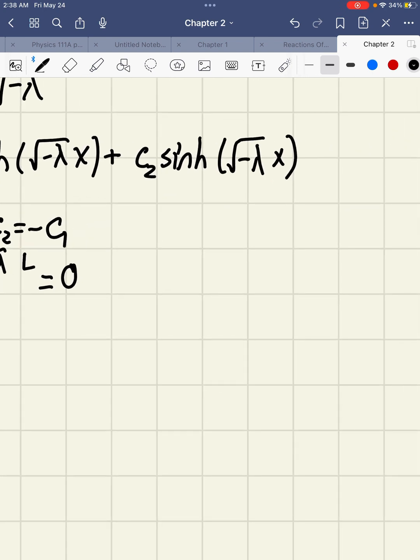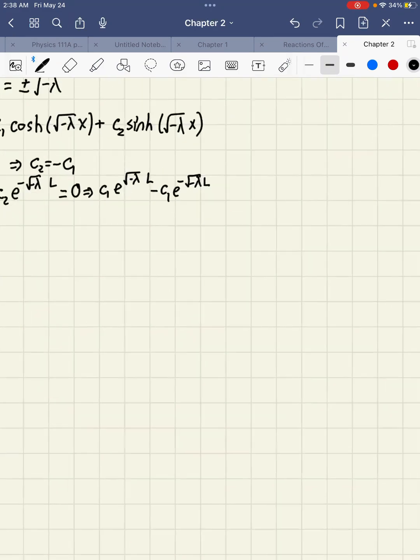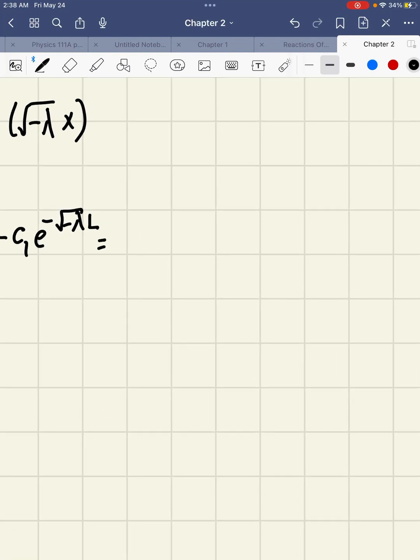Substituting there, I get C1 e to the square root of negative lambda L minus C1 e to the negative square root of negative lambda L. Okay. Now if I simplify even more, I get the factor of C1 times e to the square root of negative lambda L minus e to